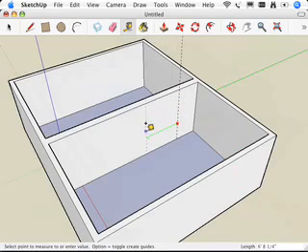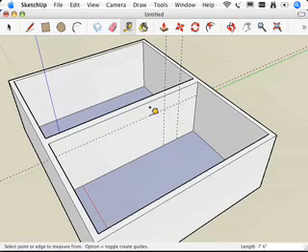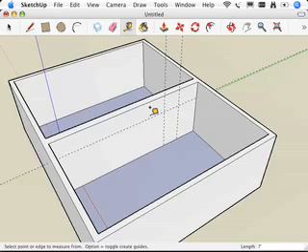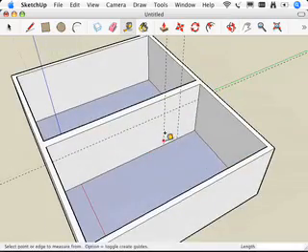I'm going to pull another guide across and then say 36 for 3 feet, just like that. And then I'll pull a guide up from the bottom that's hopefully 7 feet. I'm going to type in 7 feet, enter, and now that's 7 feet. And what I've done is I've defined myself a perfect little rectangle that's 3 feet wide, 4 feet from the door, and exactly 7 feet high. I'll use a rectangle, draw from intersect to intersect, just like that,